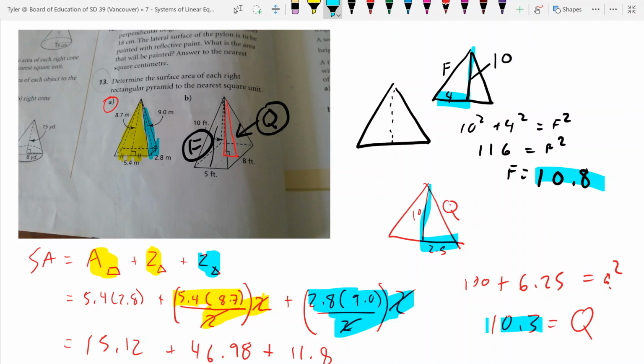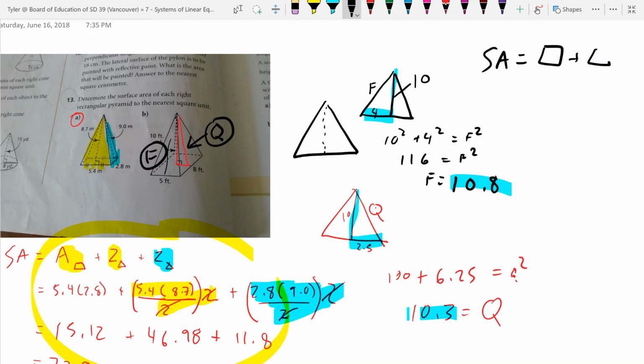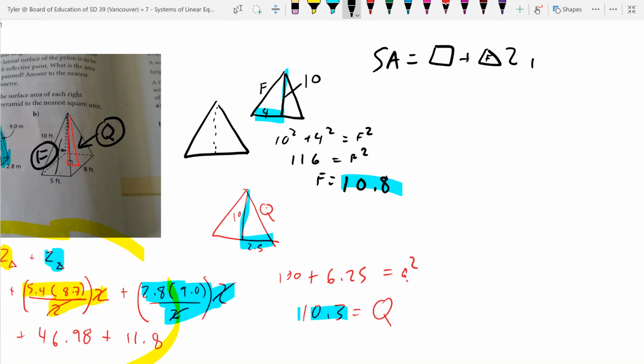So now that we know the side lengths, we can find the area. The area formula is going to be the same as what we did over here. We're going to do surface area is equal to the area of the rectangle plus area of triangle F times 2 plus area of triangle Q times 2. So we'll do 5 times 8 for the rectangle, the base,